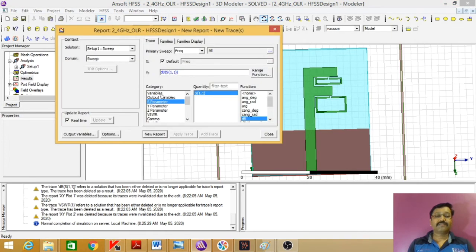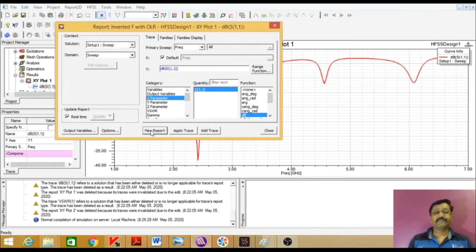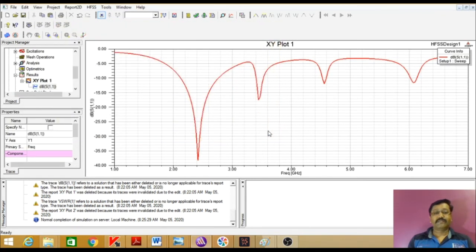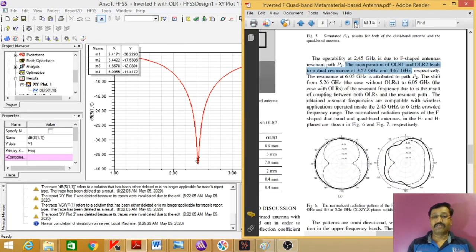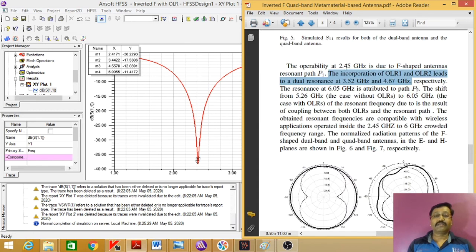rectangular plot, S parameter, it should be in dB, then click on new report. So this is the report which is ready, the plot is ready. So I'll take the marker, first marker, second marker, third marker and fourth one, right? The paper results, we can see the results are matching.